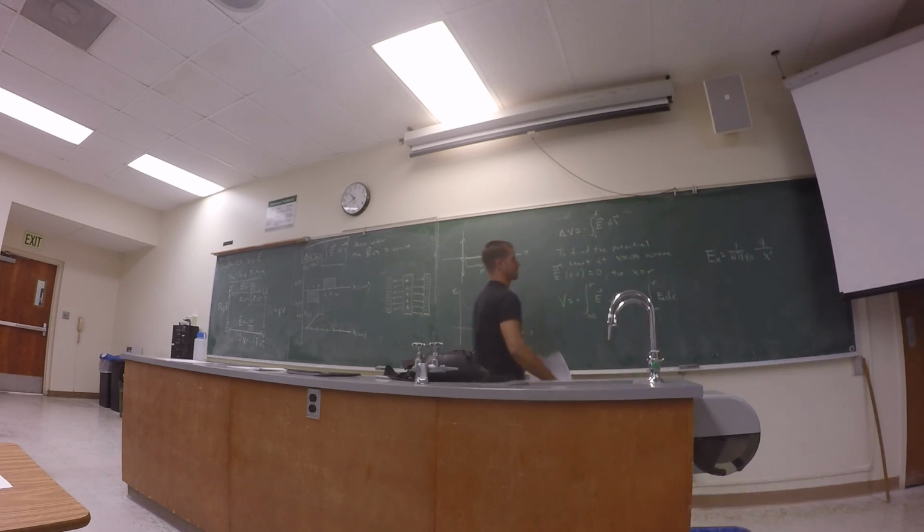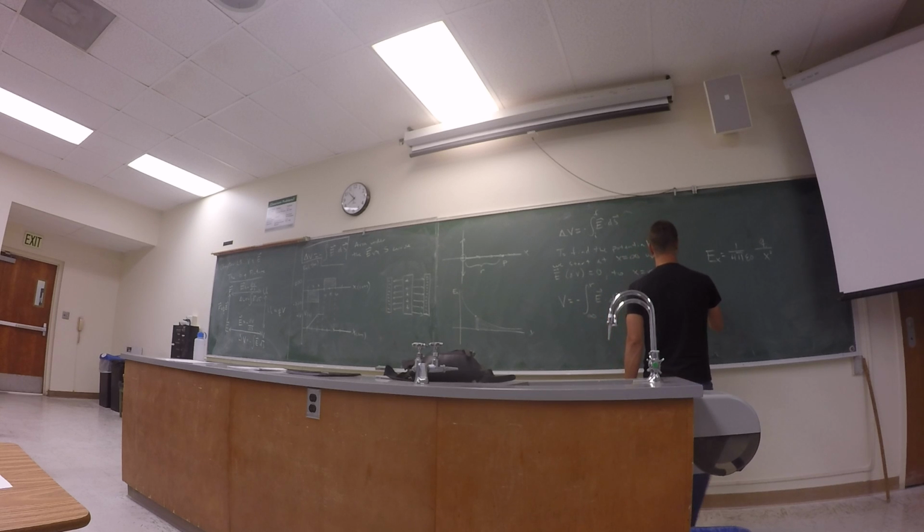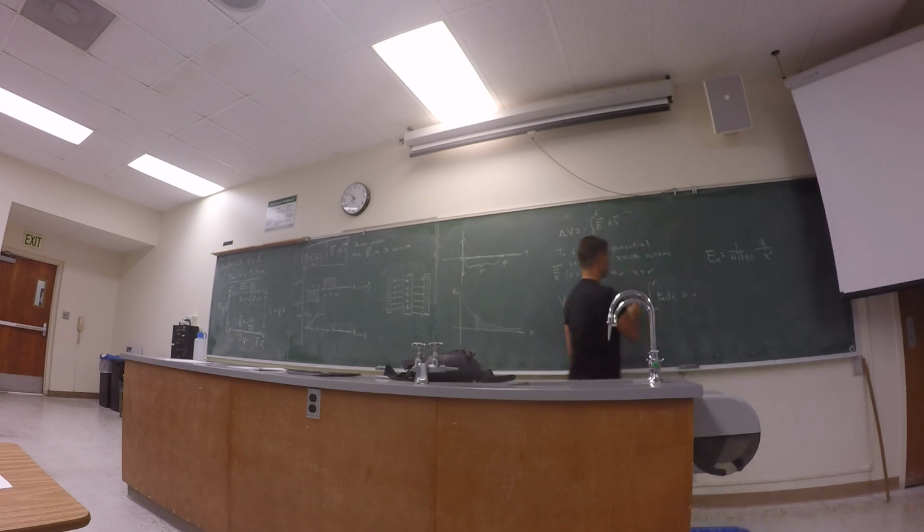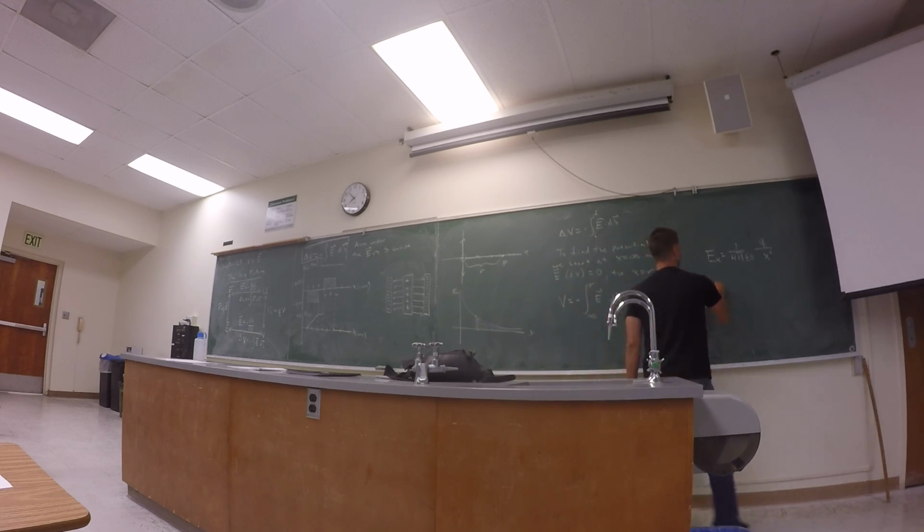So that's what this is going to become. Actually, I'm going to take this minus sign and flip my limits. So this is r to infinity of 1 over 4 pi epsilon naught times q over x squared